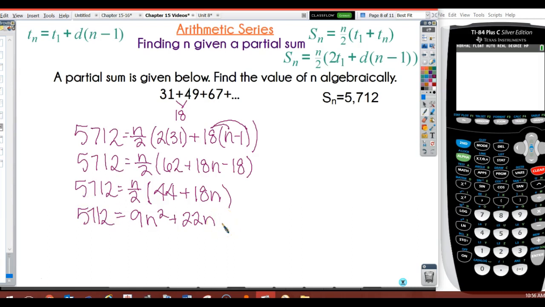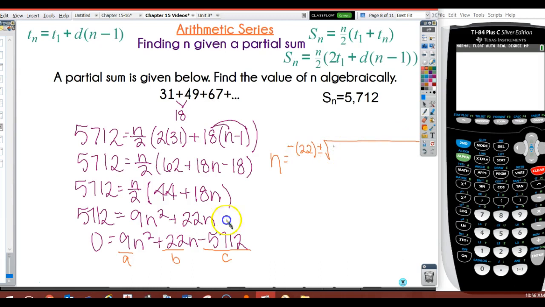And so I'm going to get everything to one side. So I have 0 equals 9n squared plus 22n minus the 5,712. And so to solve this quadratic, I'm going to set up the quadratic formula. 9 would be a, 22 will be b, and then negative 5,712 will be c. So n will be equal to negative b, so negative 22, plus or minus the square root of b squared minus 4ac